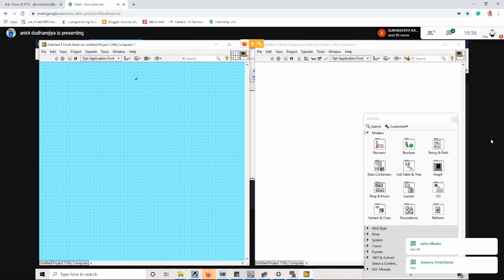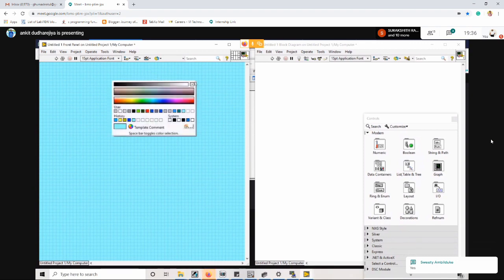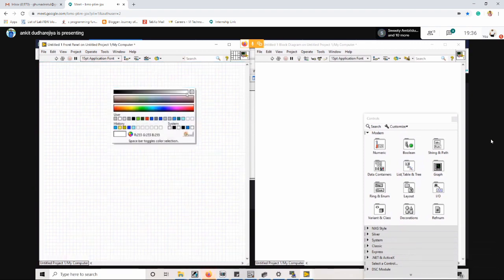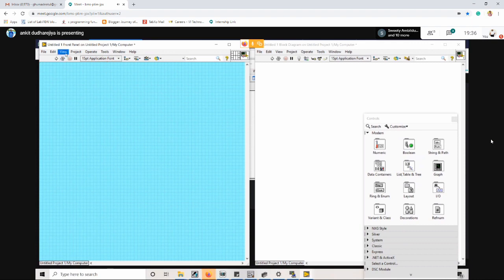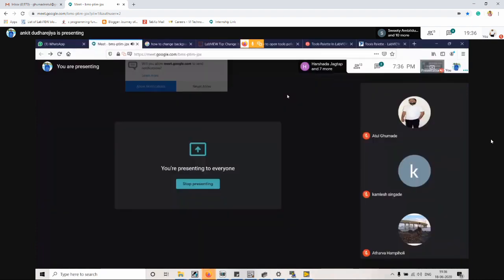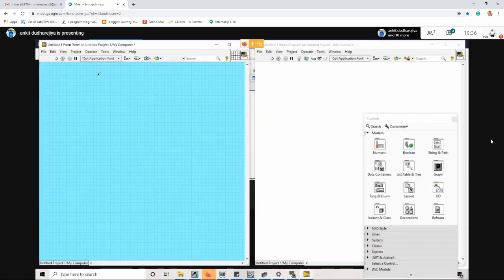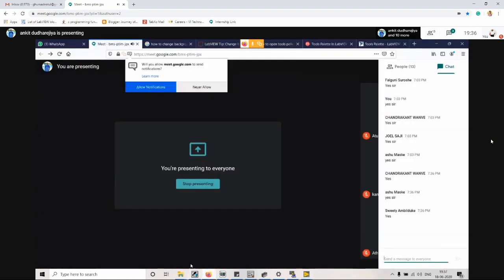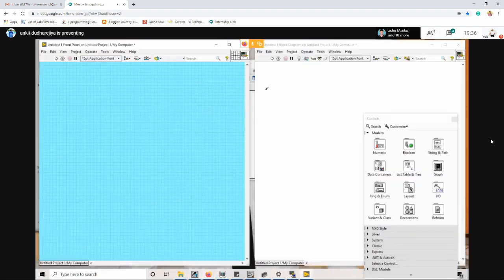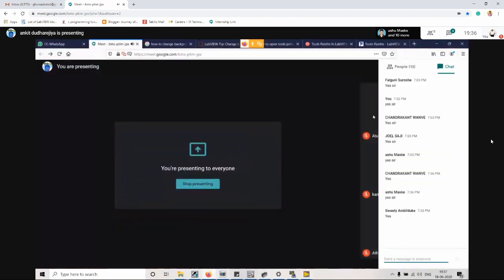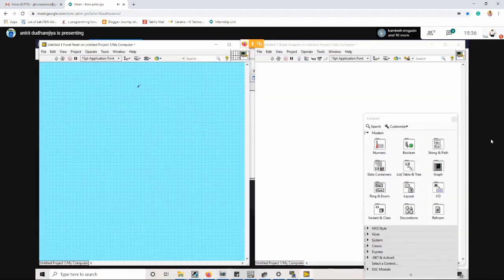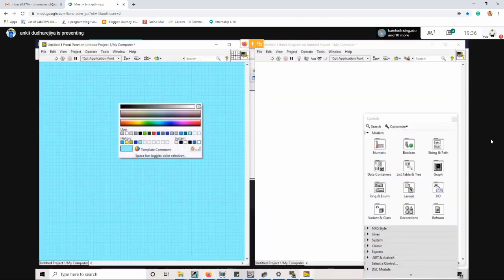Can anyone help me disable this tool palette? Can anyone help me disable it?